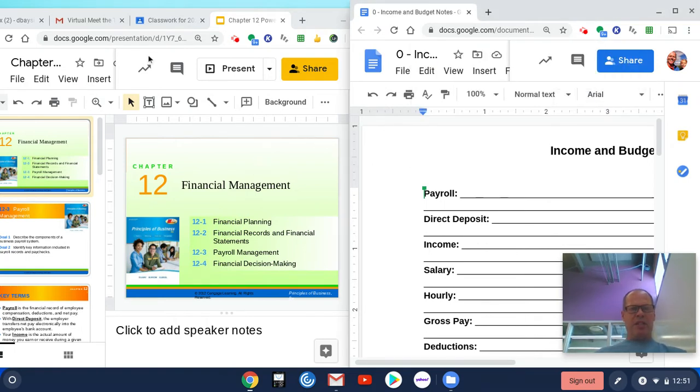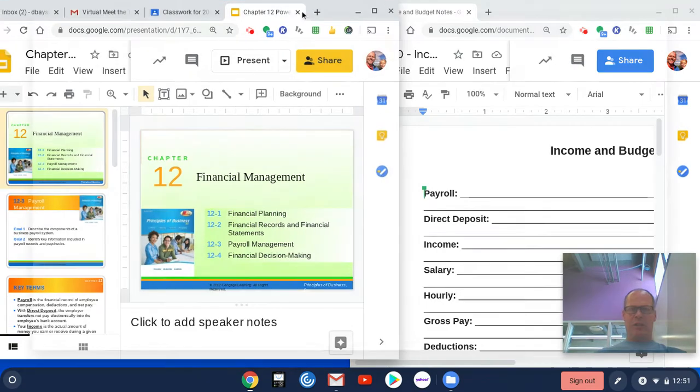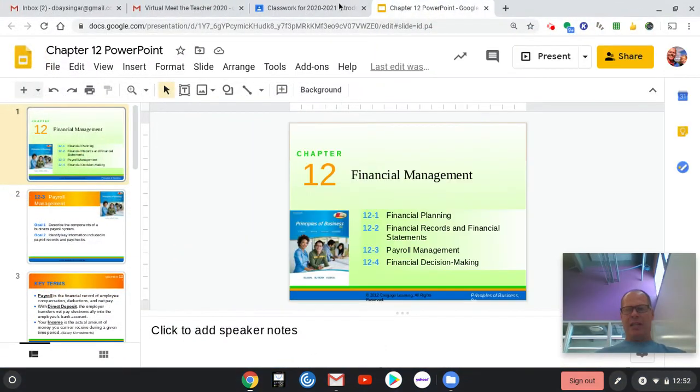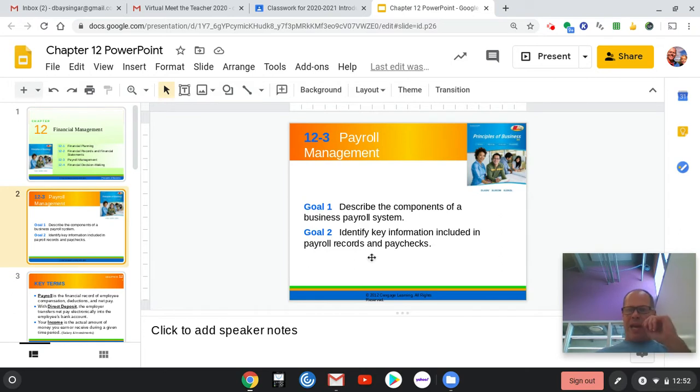All right, so this chapter is 12. It's about financial management. It's really about your personal financial management, not about the industry of finance. So we're going to talk about record keeping, financial statements, payroll, decision making. We're really going to start out with paychecks and payrolls today. So payroll is